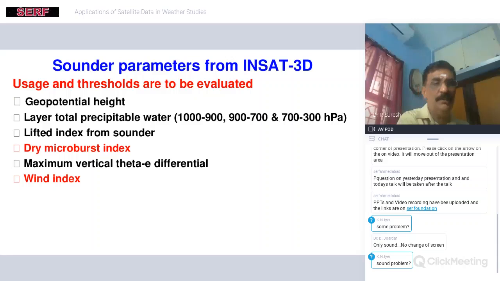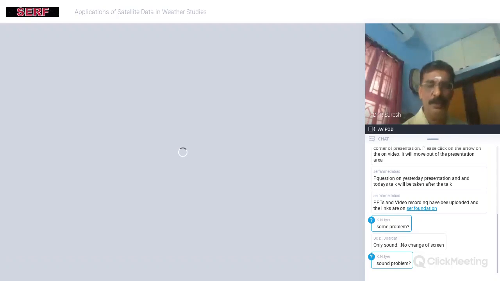That is also available nowadays, and also the convective instability through equivalent potential temperature. So nowadays we have a number of products. I think we should be in a position to use them in the proper spirit, and see how best we